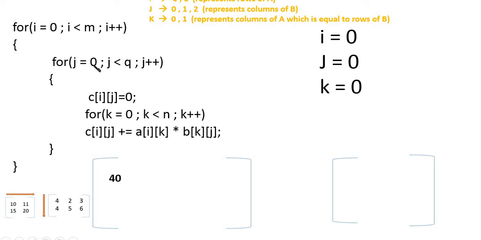Then here J was 0 earlier, J will become 1, again you'll execute this for K is equal to 0, K is equal to 1. Again J will become 1, you'll execute this for K is equal to 0 and K is equal to 1. Again J will become 2, you'll execute this again for 0 and 1 values of K. J cannot have value 3 here, so when J becomes 3, control will move back to the for loop,